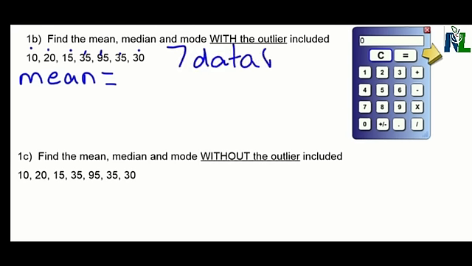I'm going to write that down so I'll know what number to divide by when I add all the numbers together. So let's take our numbers and add them. 10, add 20, add 15, add 35, add 95, add 35, and then finally add 30, and we get a value of 240. So then we take that value of 240 and divide by our number of data points, which is 7, to give us a value of